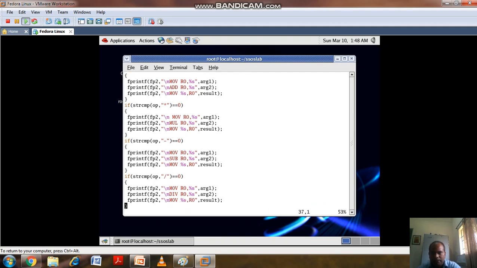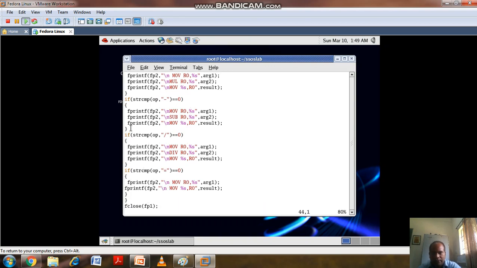Next, if the operator is minus, the value of argument 1 will be loaded to R0, and the value of argument 2 will be subtracted from R0, and the content of R0 will be stored in the result variable.